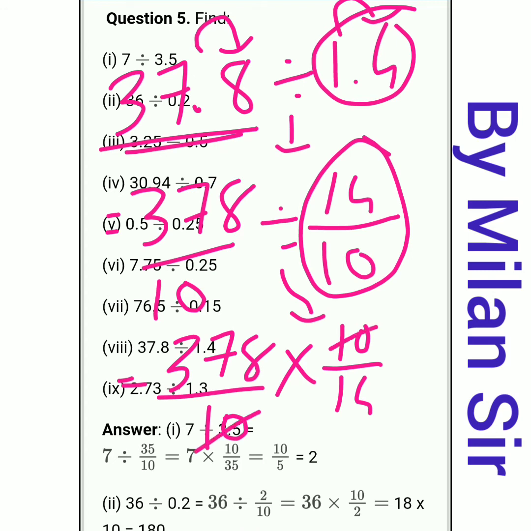So 10 cuts. Now we have 378 divided by 14. If we do the division process, 14 twos are 28, and if we subtract 37 minus 28, we get 9, then 98. So 14 sevens are 98, that means 27. If we do the division 378 divided by 14, we get the answer 27.